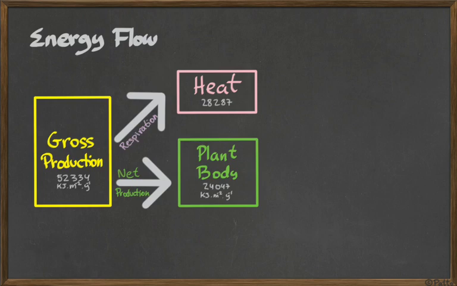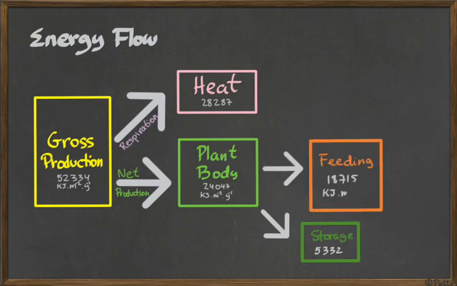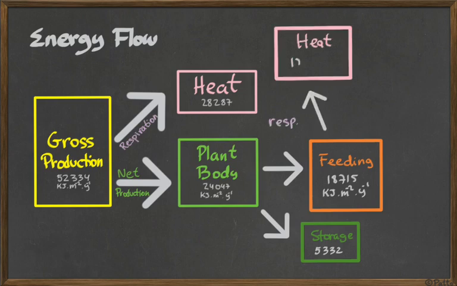Plants are very economic in the use of energy. But these plants might be eaten, though not all of it. So part will stay as storage, but part will be eaten by other animals. In this case, about 18,000 was eaten by animals. Yes, animals eat lots of plants. And from that feeding, part will result in respiration that will end up as heat in the animal. And animals are not economic. They spend a lot of energy on respiration. And actually the animal body will be a tiny little portion of what was there before.